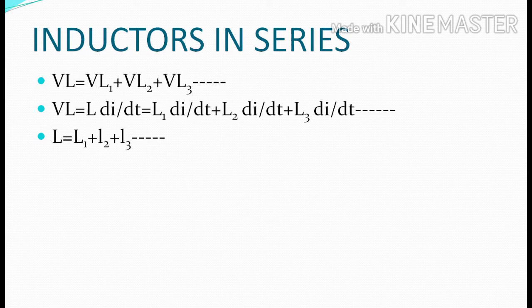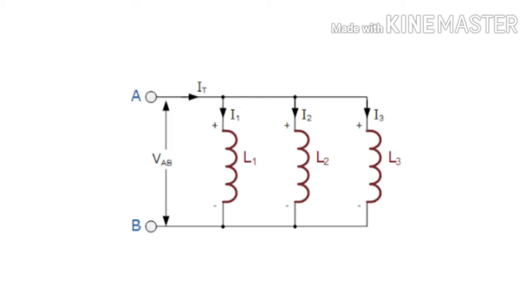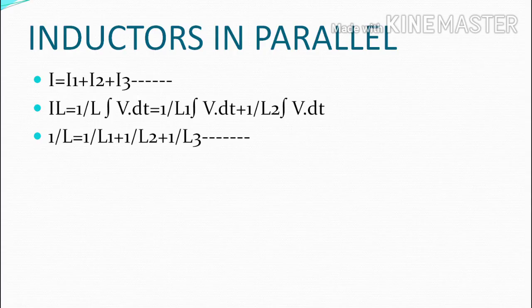and I is common, so di by dt gets cancelled. L equivalent equals L1 plus L2 plus up to so on. So in series the inductors are added, and again similar to series combination, in parallel also the inductors are connected in parallel. Then the equations for inductors connected in parallel will be I equals IL1 plus IL2 plus up